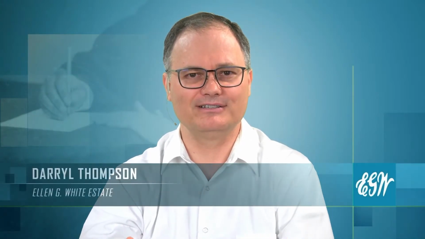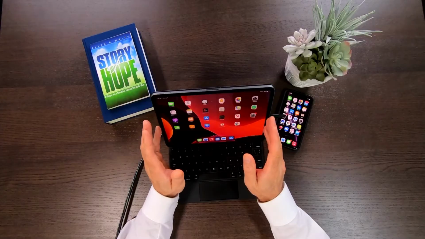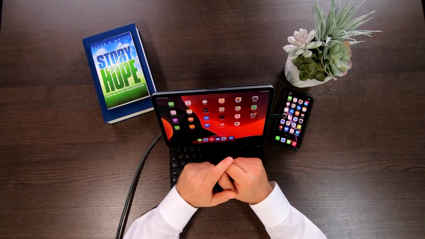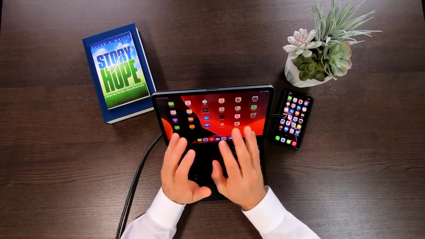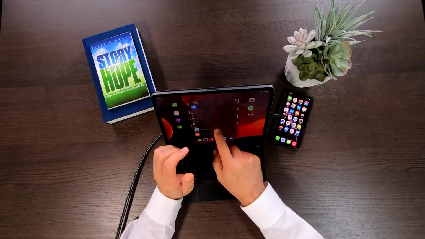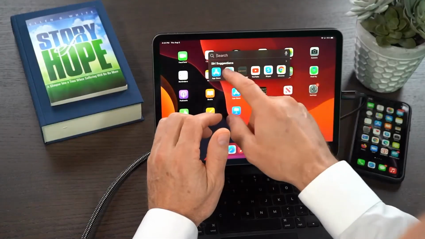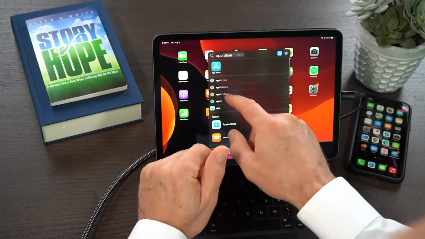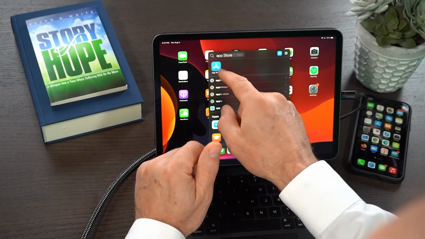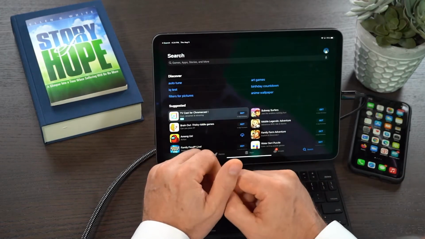I'm your host Daryl Thompson, and today we're going to take a look at how to install the EGW Writings 2 app onto my iPad. If you look here on my home screen, you will see the App Store icon. Some of you might look at your desktop and say, I don't see the App Store. Never fear, just swipe down on the screen and you will see a search field pop up. You can type the word app. You will then see the App Store app pop up, and you can tap on its icon,